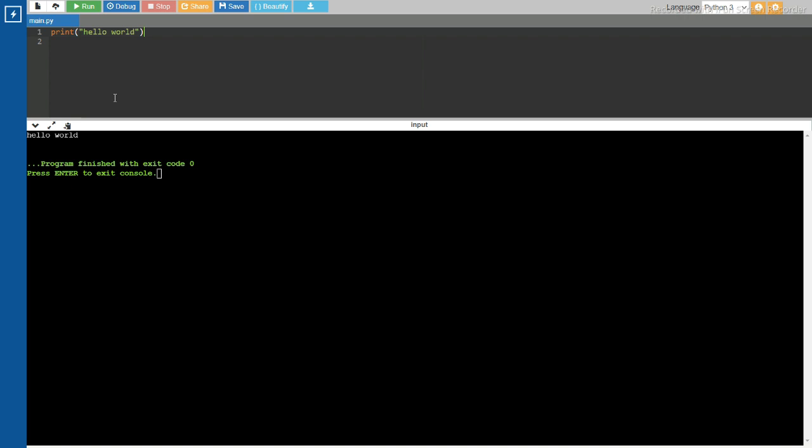Hello world is a data type, a string. How can we tell it's a string? Because when we put inverted commas around text, the text inside the inverted commas is called a string.